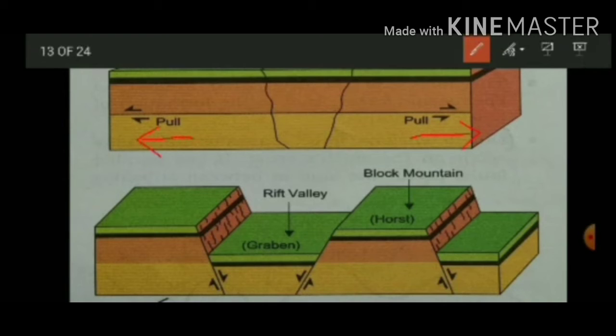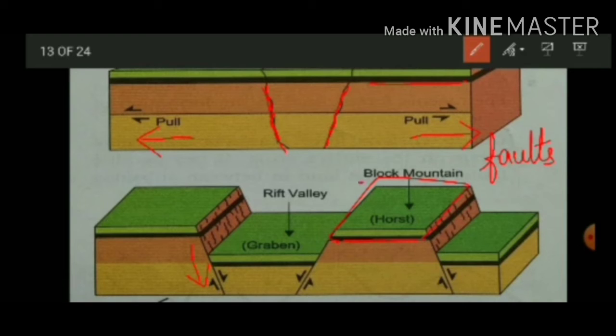Right? These fractures on the surface of the earth are known as faults. And when two faults are formed alongside each other, large areas get displaced vertically along the two fault lines. The land between the fault lines either moves downwards or upwards. The blocks give these mountains a flat top and steep slopes.